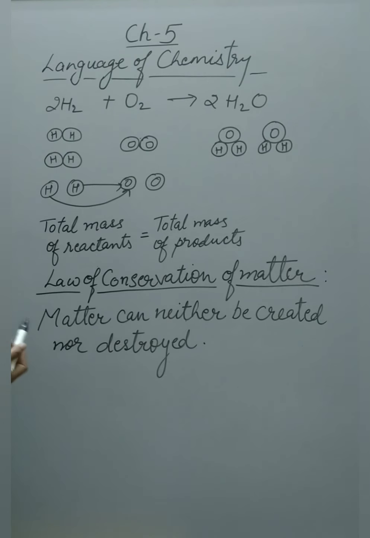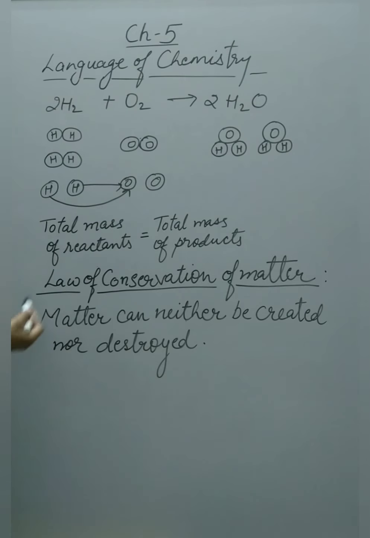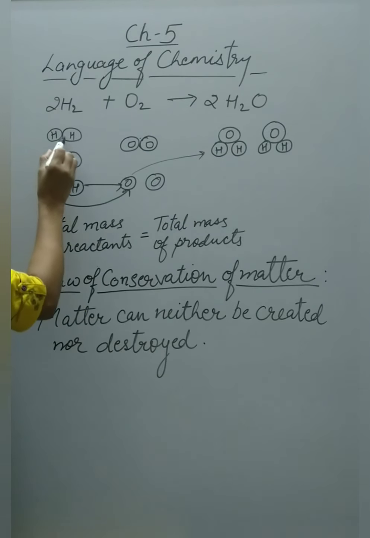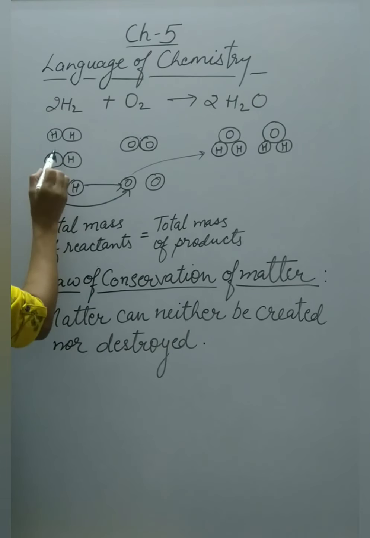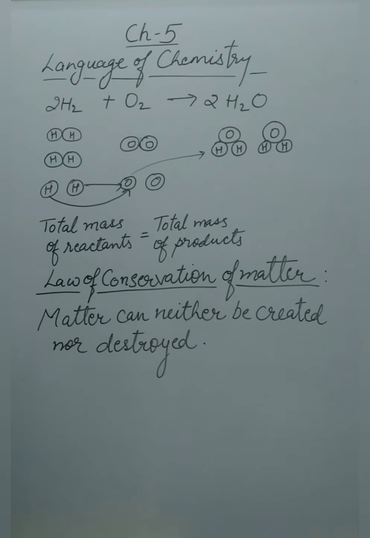When two or more atoms combine, atomic rearrangement takes place. That means the old bonds between the atoms are broken. Here the hydrogen molecule will break up into two hydrogen atoms, and the oxygen molecule will break up into oxygen atoms, and new bonds are formed. Here one atom of hydrogen will make a bond with this oxygen, another atom of hydrogen will also make a bond with this oxygen, and ultimately we will get a molecule of water, that is H2O. Similarly, the other molecule will go through the same kind of change. It will break up, then one atom of hydrogen will combine with oxygen, another free atom of hydrogen will combine with oxygen and form a bond, and will form another molecule of H2O.